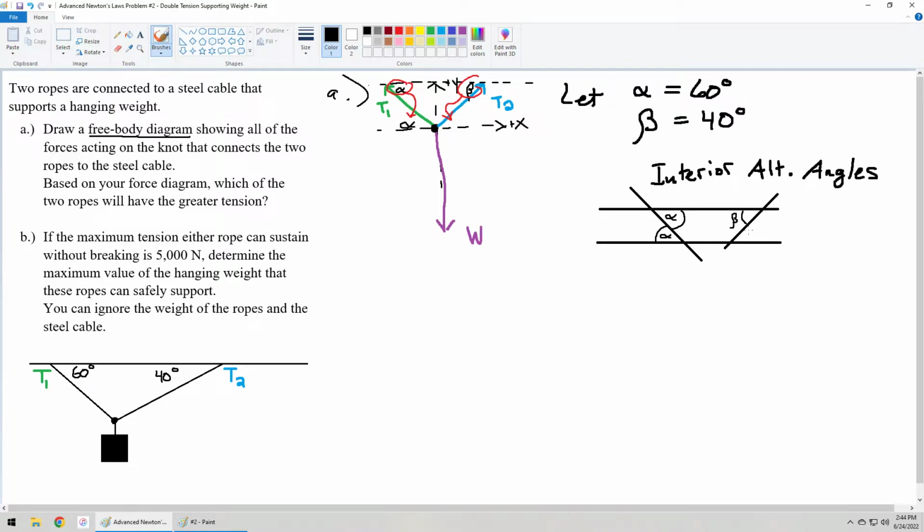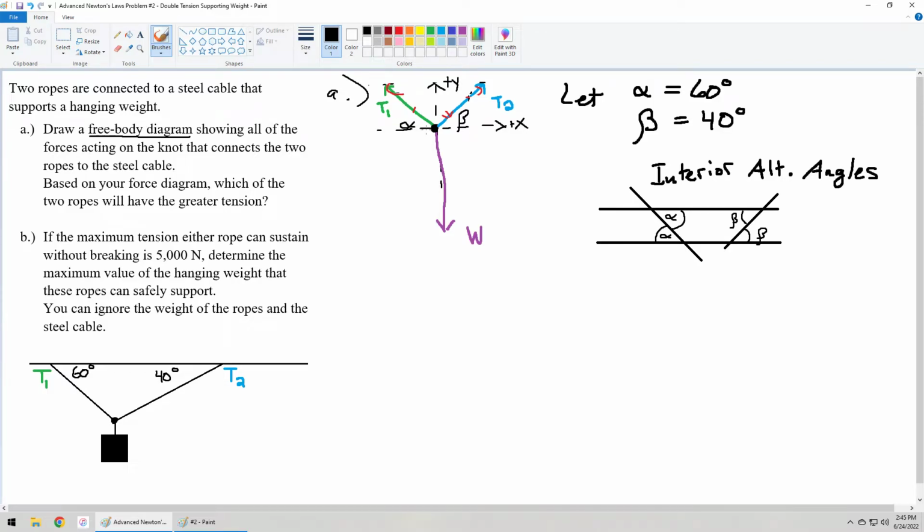So the interior alternate angle for angle beta would be this one, right here. So I'm going to move beta down right there. So this is, I think, the correct way of representing our free body diagram. And I'm going to remove some of the extra info here because it's drawing a lot of clutter. I want to make it pretty obvious what the final answer is for the free body diagram. So with all this extra stuff removed, our free body diagram is essentially